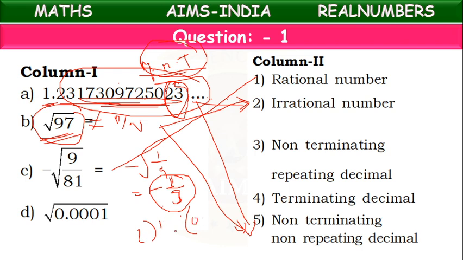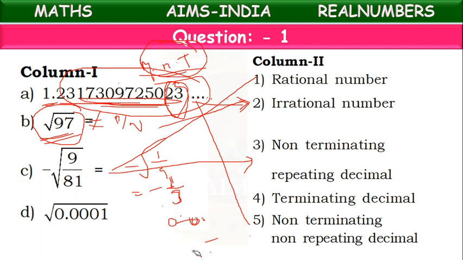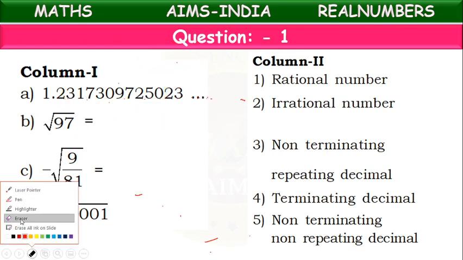We will take 0, and 3 times we take 10 here, because we have taken 0 point. 3 times 9 is 9, 1, 10. 3 times 9. Like this, it will be a non-terminating repeating decimal. So 3 will be repeating. It's a non-terminating repeating decimal. So what about the fourth one, D option?